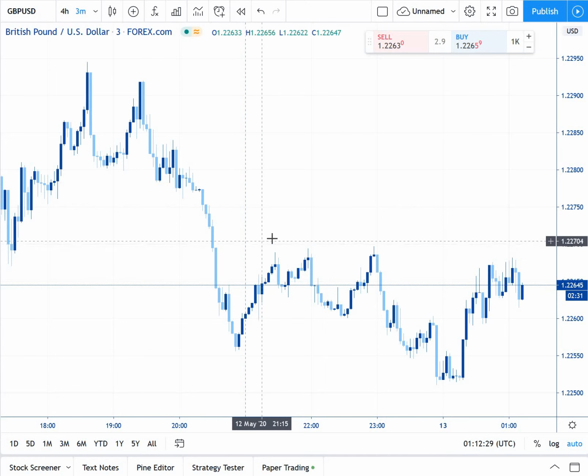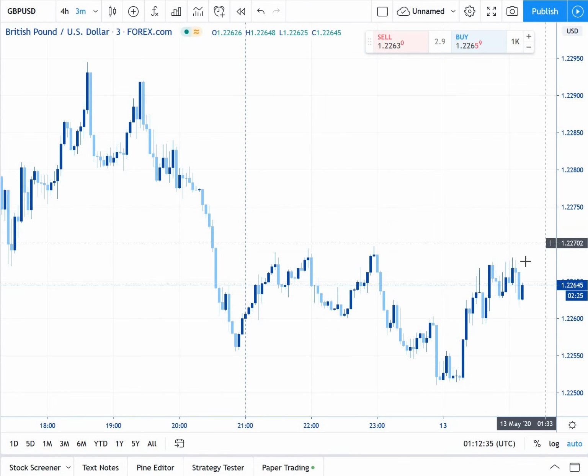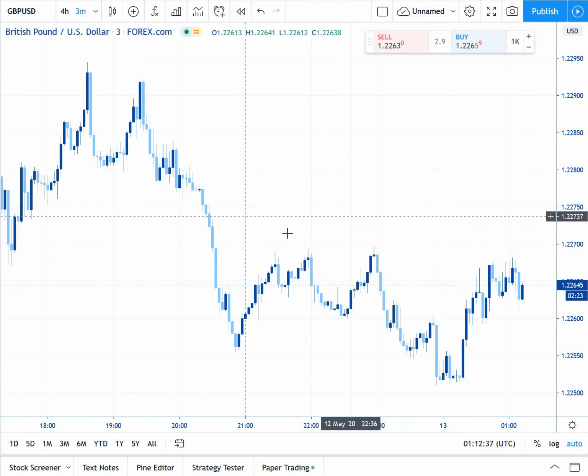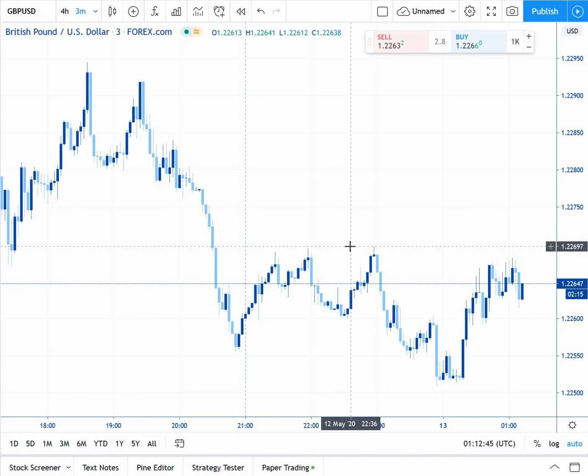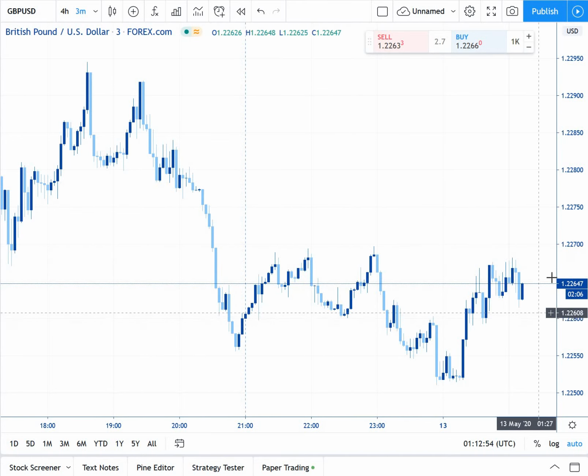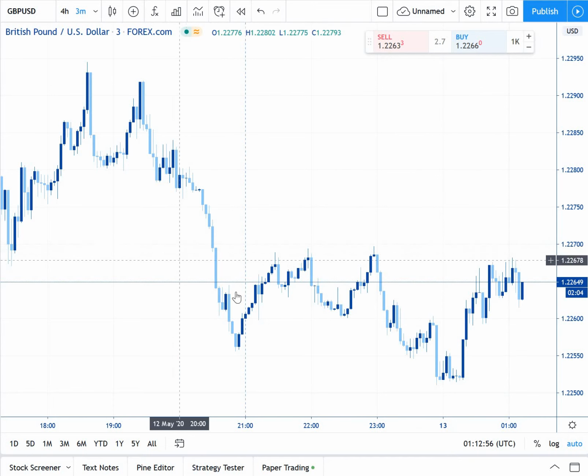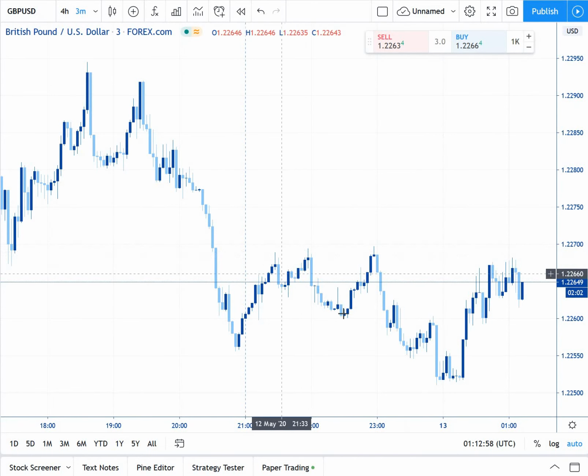This is a very common pattern in Forex trading and financial price charts, and many people get caught with this. As you can see, in my experience, when you see this like that,